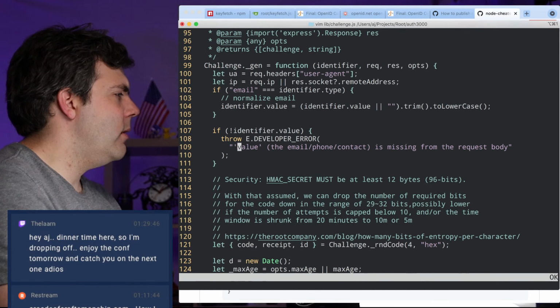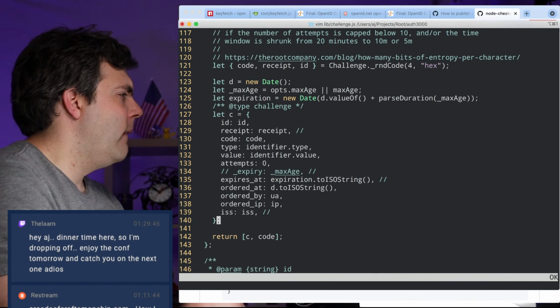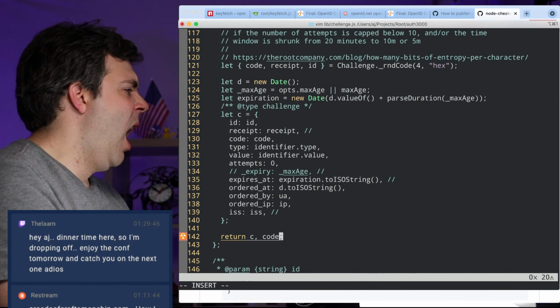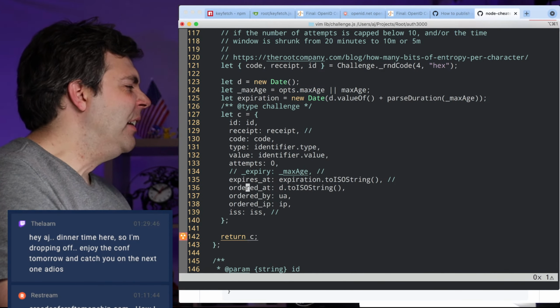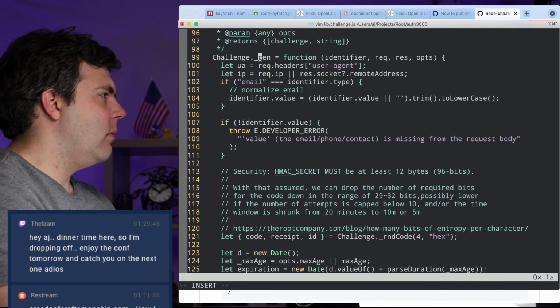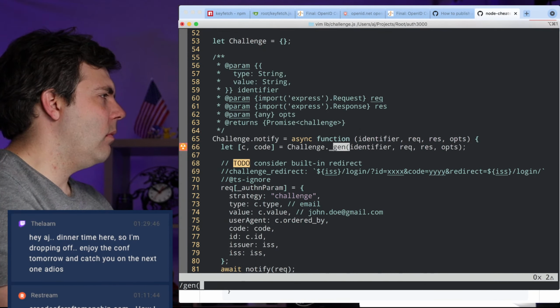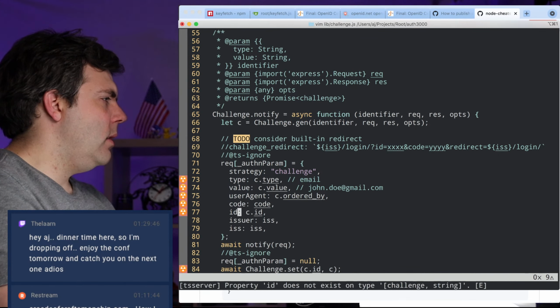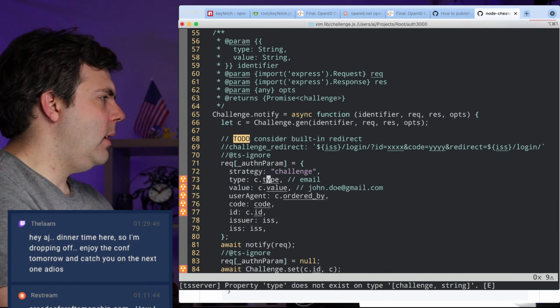Is this the one where it's generated? Yeah, it is where it's generated. Okay, so the problem that I have here then is that I don't actually want that to make it into the database.